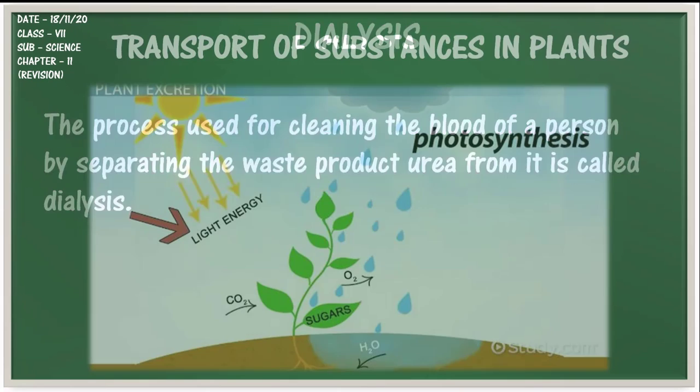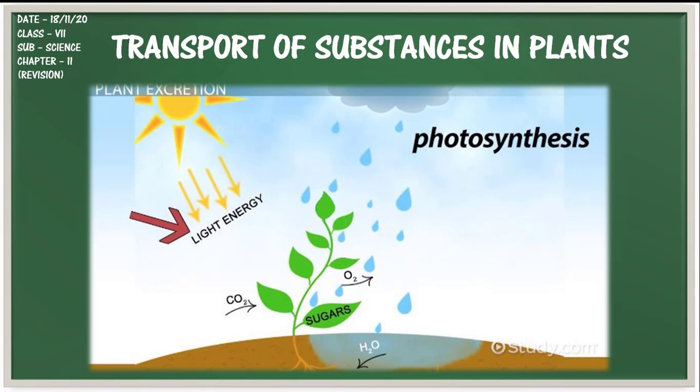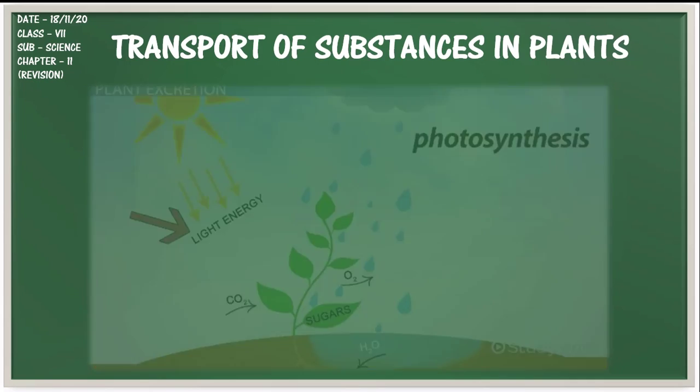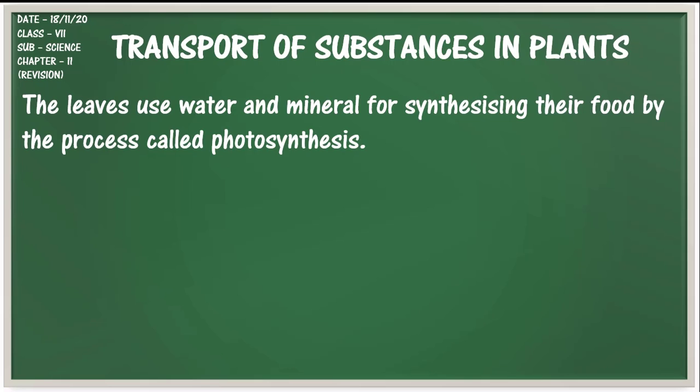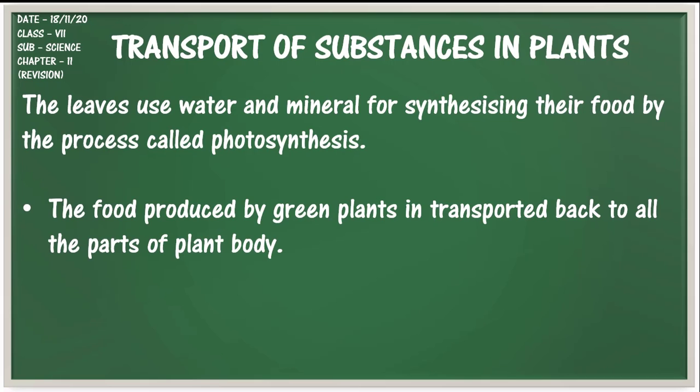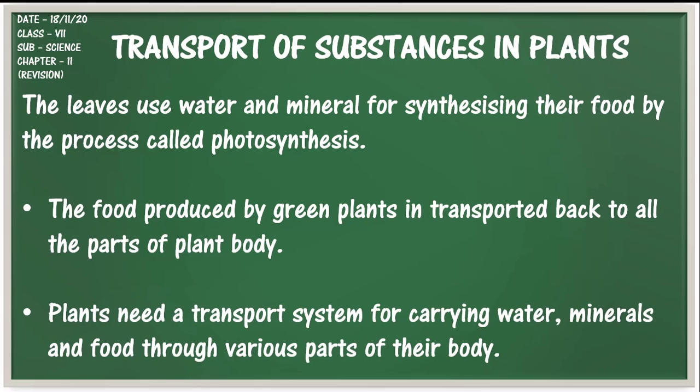Now, transport of substances in plants. Plants take up water and dissolved minerals from the soil through their roots and transport it to their leaves. The leaves use this water and mineral for synthesizing their food by the process called photosynthesis. The food produced by green plants is transported back to all the parts of the plant body. Therefore, it is clear that plants also need a transport system for carrying water, minerals, and food through various parts